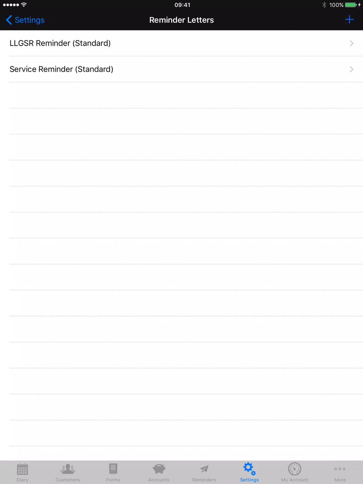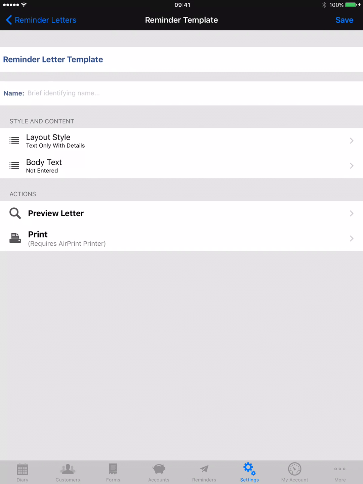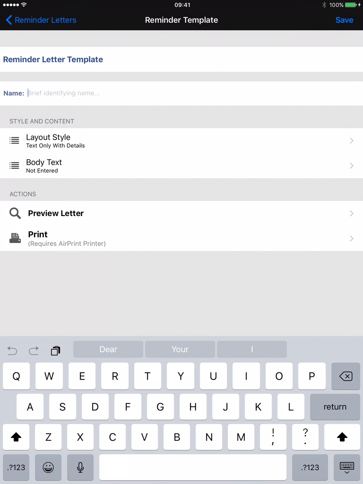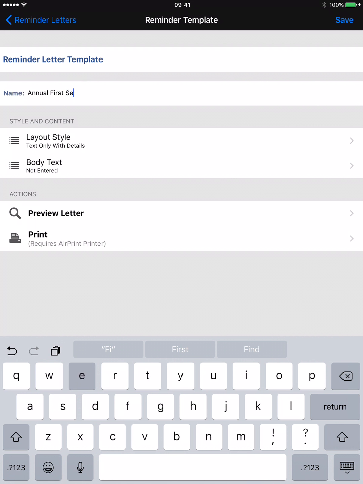Okay, so let's create another one. So the plus button in the top right corner, if you tap that, and then we just need to give an identifying name to this template. So this will only be visible by you in the software, so it's just so you know what that letter does and what that letter means. So we'll just call it annual first service for this example,